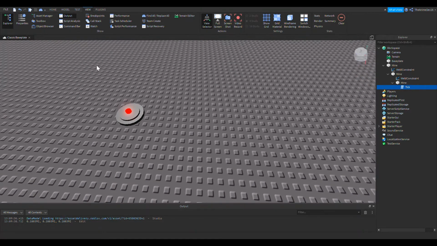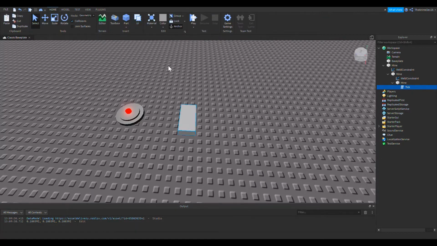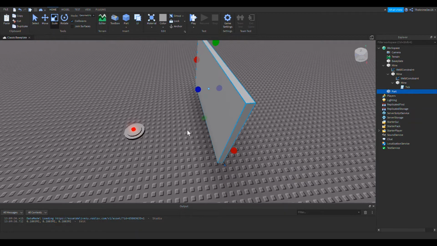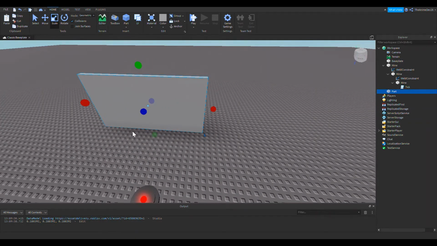So in the example I showed you, I don't get damaged through a wall. The first way that I would think of would not be using raycasting. If I didn't use raycasting, I could just use magnitude to get the distance from the mine to the person, and that will actually make it so I can get damaged through the wall. But if I use raycasting, it will project a ray directly to the wall, it will hit the wall, and it will just not do anything because it already hit a part before getting to me. So we'll just stop the raycast and it will not damage me. That will happen to all players. It will check if there are obstacles in between, and if there are, you won't get damaged.